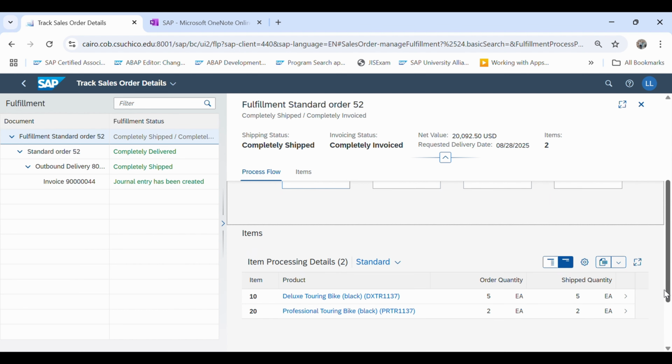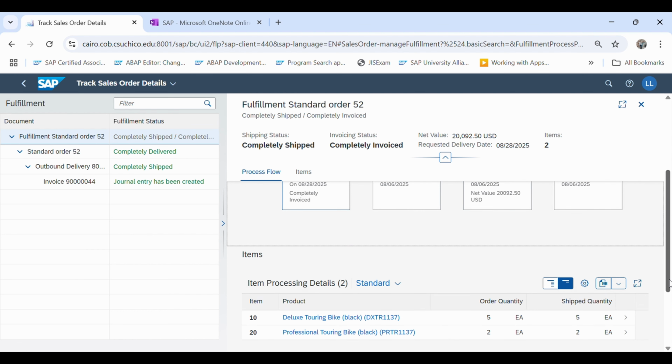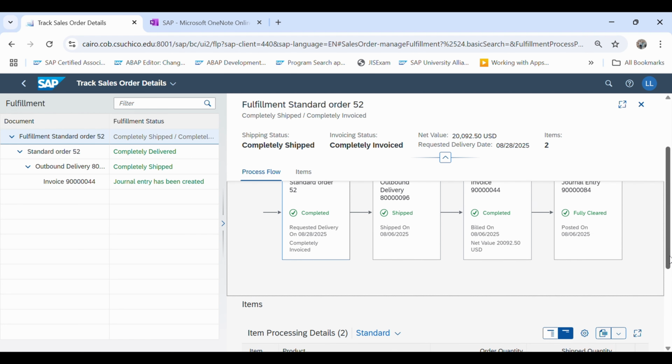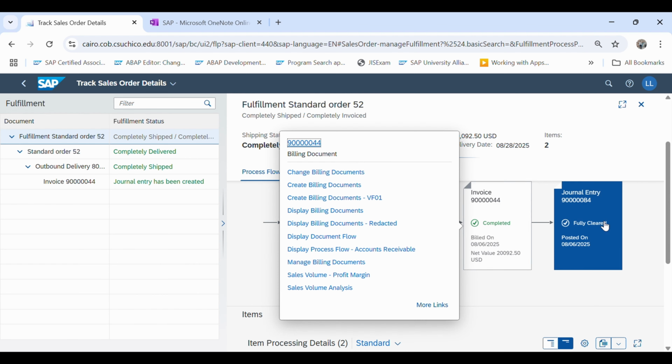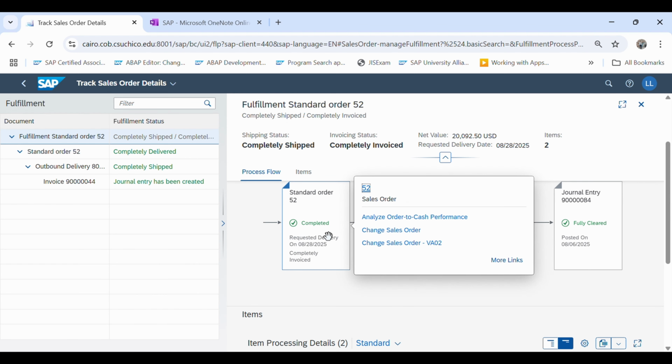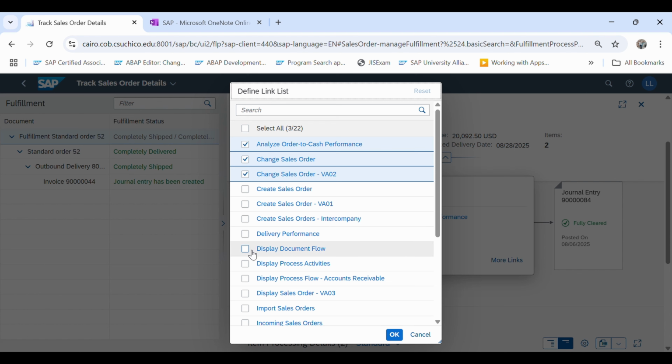So basically we have made our payment, and each and everything is also available. Based on your requirement, you can check whatever data is available. Now if you want more information, just click on any single option, and multiple things will be available. If you want to check your sales order, just click on more,